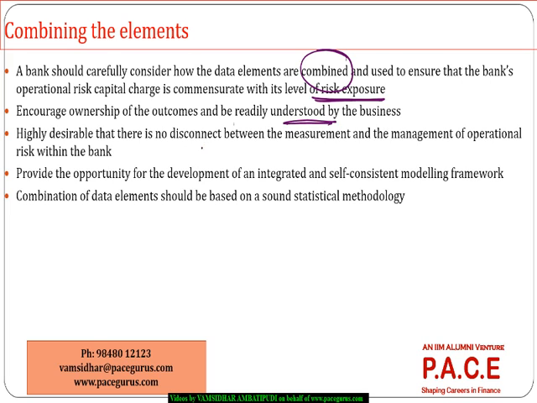So there should not be any disconnect between the measurement and management of operational risk. And it should provide the opportunity for development of an integrated, self-consistent modeling framework. And how I combine all these four data elements should be based on a very solid statistical methodology,